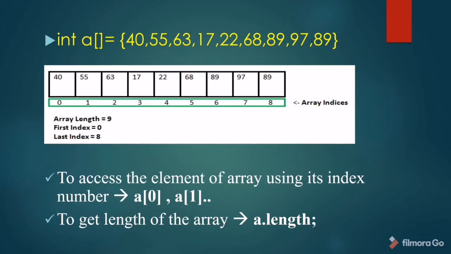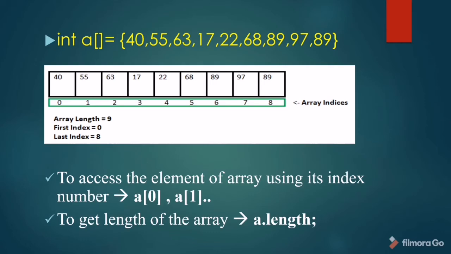For that we have taken one array called A, and in that array there are 9 values inside. How will it get stored? For that we need to consider the index. The array index will always start from 0 and the ending value will be the total length of the array minus 1. Here we have 9 values inside the A array, so total length minus 1 means 8.